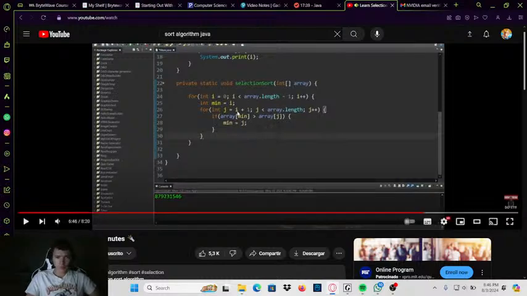Then outside of our nested loop, but within the outer loop, we will